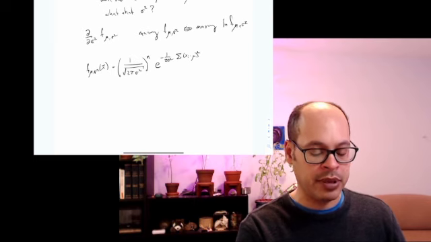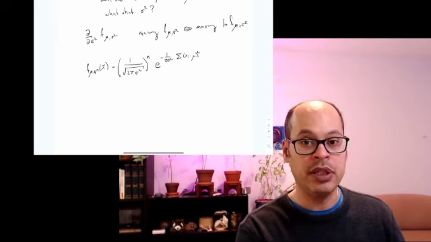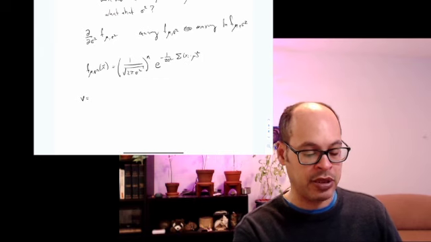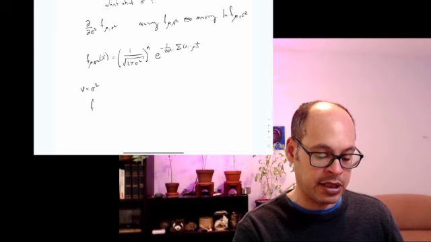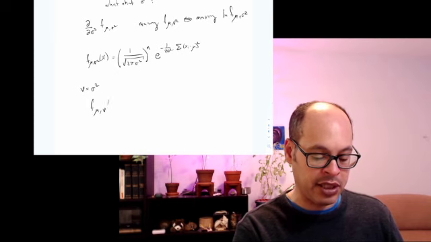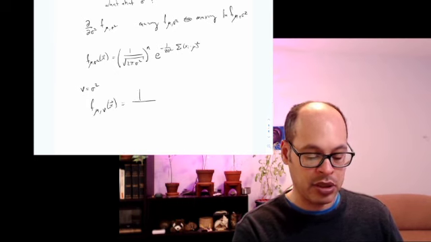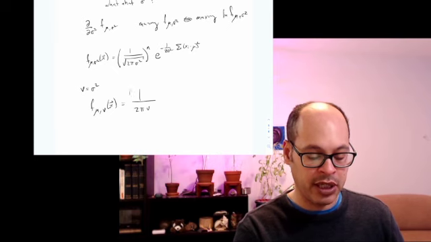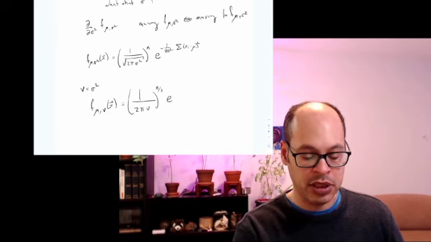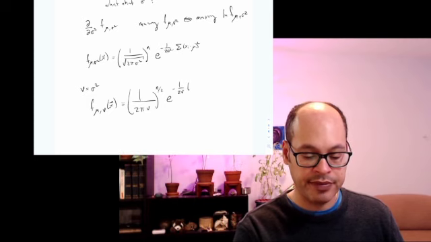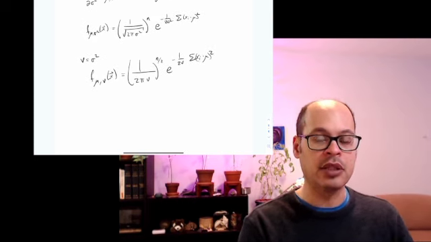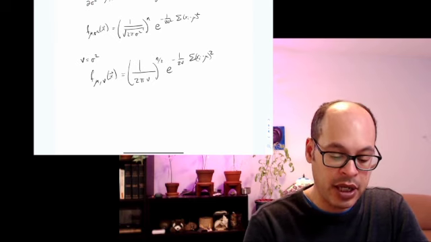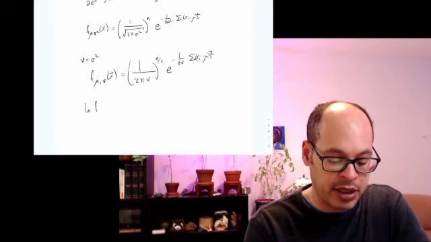Actually, it might be a little easier to conceive if I make the substitution v for variance, as sigma squared. Then what I'm looking at is f of mu comma v of x bar is (1 over 2 pi v) to the n over 2, times e to the minus 1 over 2v, times the sum of (xi minus mu) squared. It's just a little easier to look at that like a variable, right? Sigma squared is the variable that we're looking at. Okay, so now if I take the ln of that,